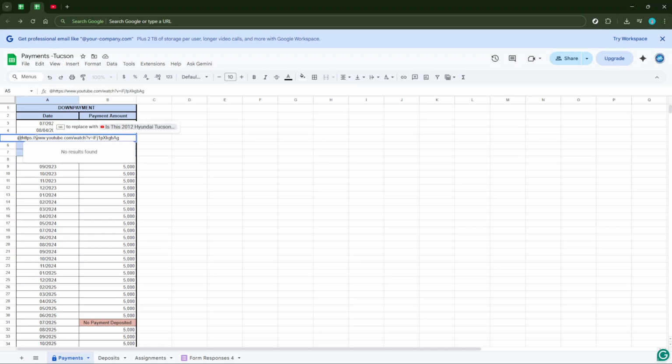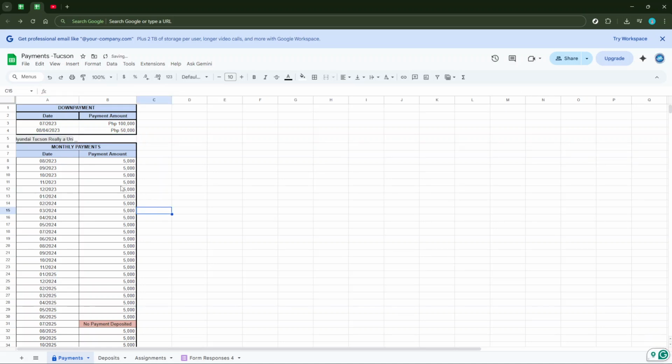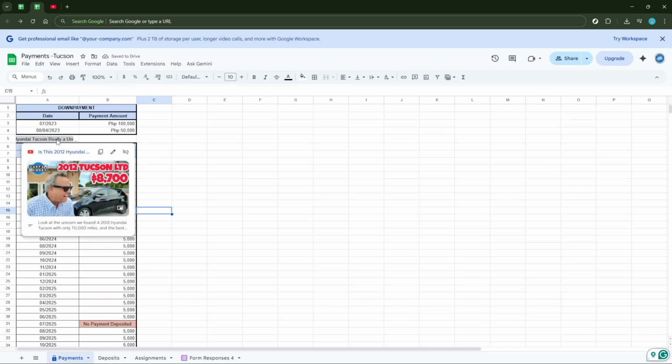After typing the @ symbol and pasting the URL, a pop-up should appear on your screen. This is Google Docs prompting you to complete the action of embedding the video. What you need to do next is press the Tab key. With this one keystroke, your video is embedded in the document as a preview card. This preview card serves as a dynamic link to the video and integrates it neatly into your document.